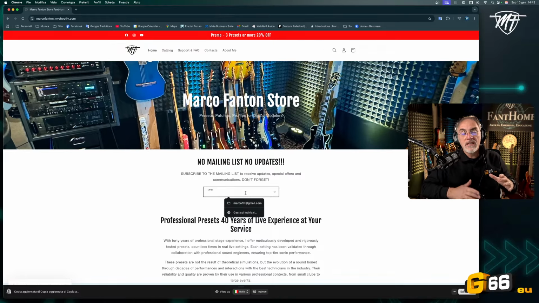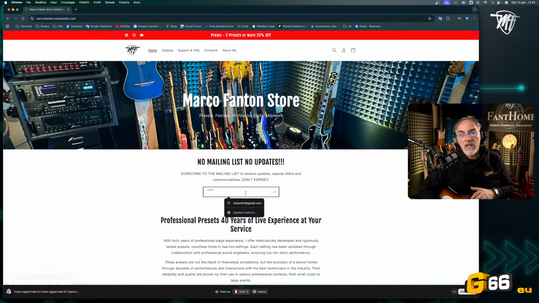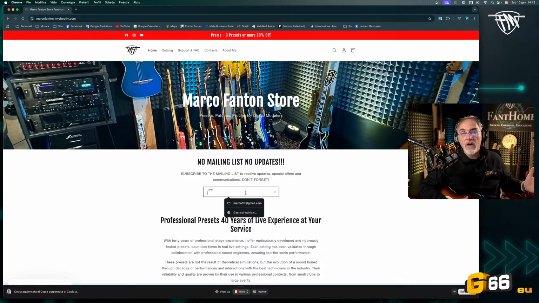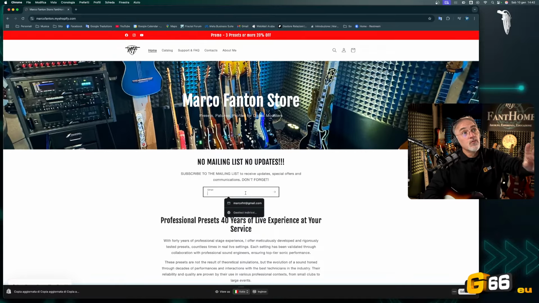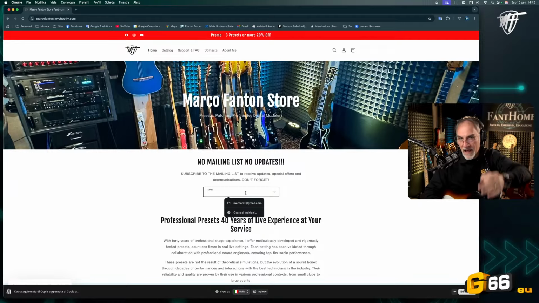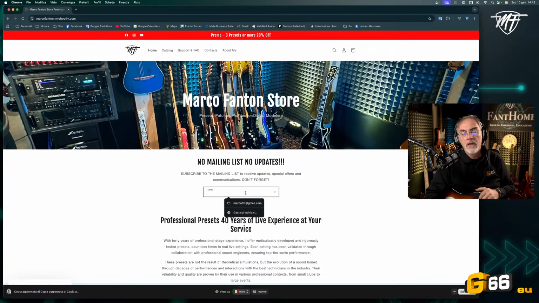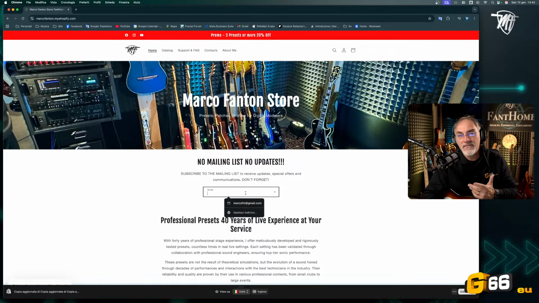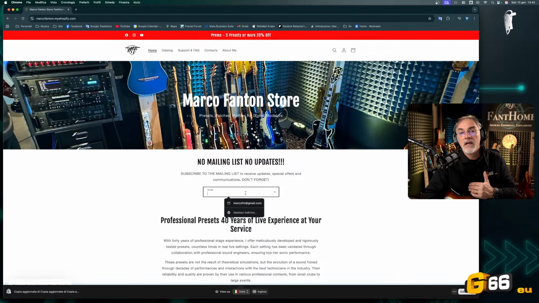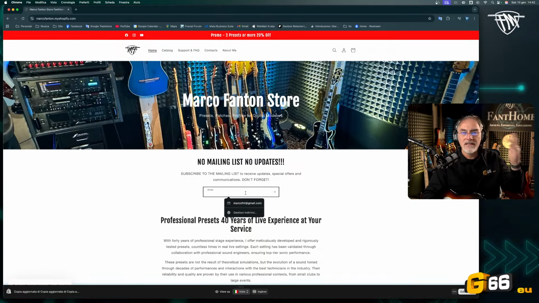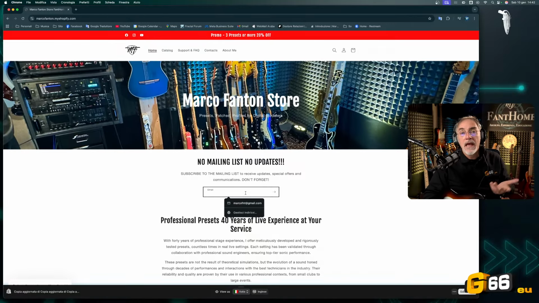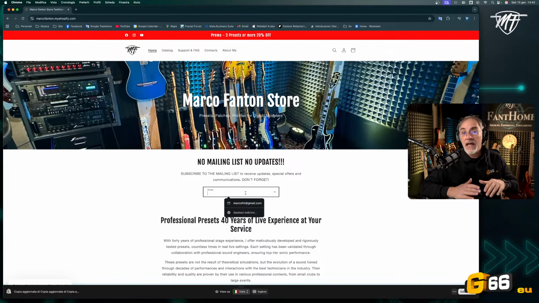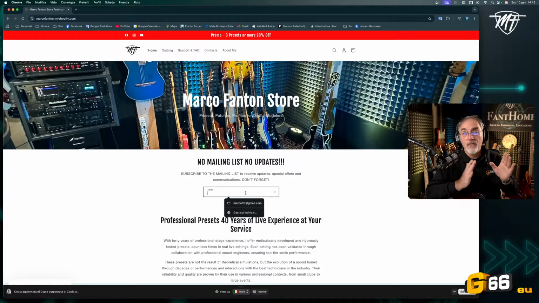But now there is a CPU exceed limitation. Why? Because I just updated the firmware of my FM3 from version 2, because there are some people who are stuck on a very old version. Now I updated to version 11, version 10, and now the preset doesn't work anymore, or doesn't sound as I expect. And this is correct, but I release the preset and I automatically send the email from my store